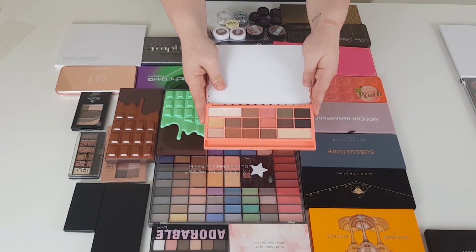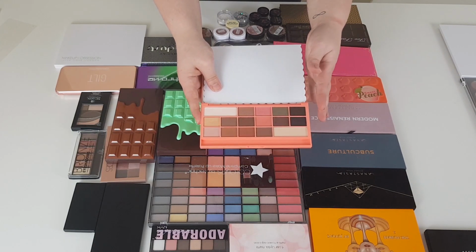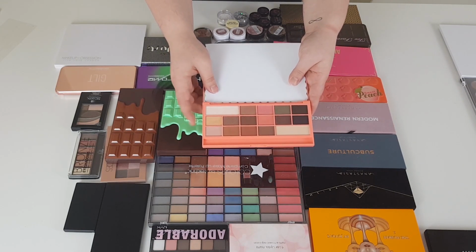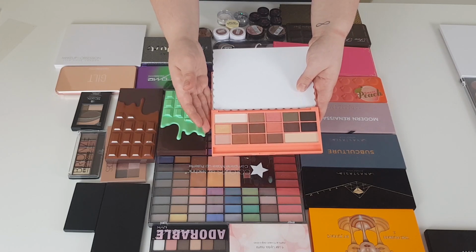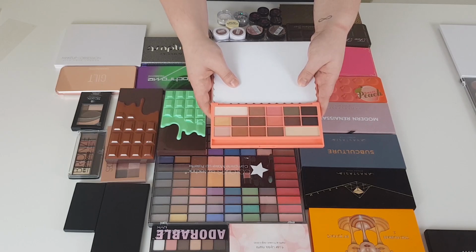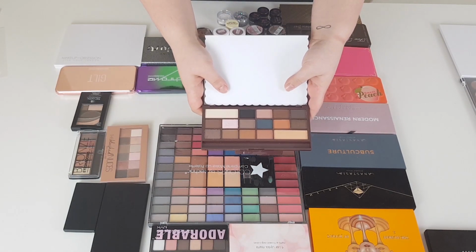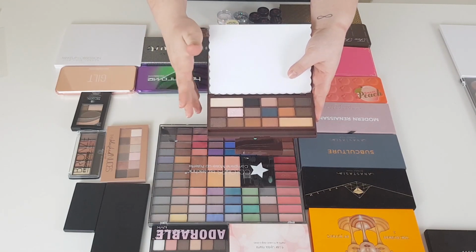Again, I own that palette and I absolutely adore my Too Faced palette, and I can get so many looks out of it that I cannot get anywhere near with this palette. And again, the shades are not that great. They're not as pigmented. It's hard to build it up, and I just don't like this palette, and I'm going to pass it on. This is the Salted Caramel palette, and even though there are a lot of dark shades,